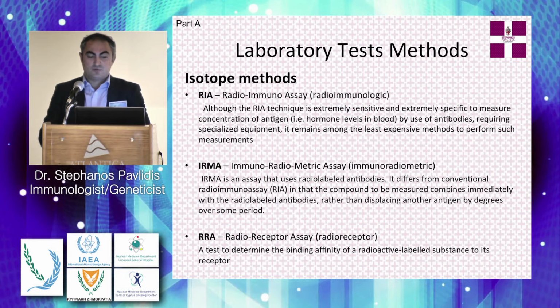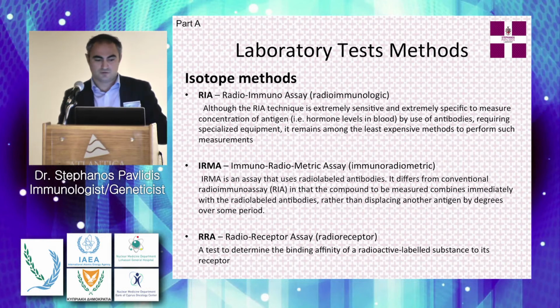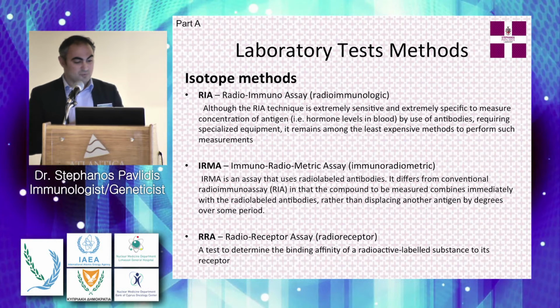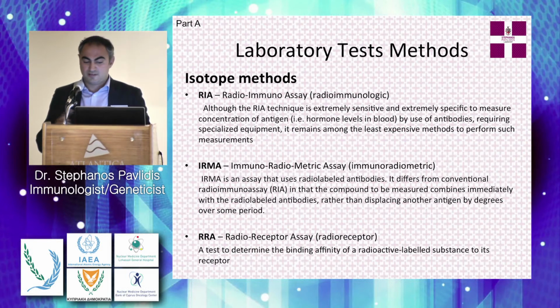So in regards to the laboratory test methods, we have the isotope methods and the non-isotope methods. I will go over the isotope methods as a beginning, and we have initially had, since the early 1960s, the development of radioimmunoassay, the radioimmunologic assay. Although the RIA technique is extremely sensitive and extremely specific to measure concentration of antigen, such as hormone levels in the blood, by the use of antibodies requiring specialized equipment, it remains among the least expensive methods to perform such